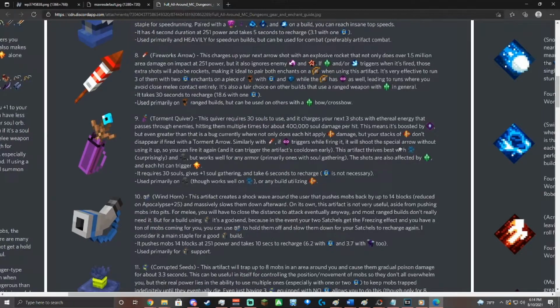And if you have multi-shot and chain reaction trigger when it's fired, those extra shots will also be rockets, making it ideal to pair both enchants on a harp crossbow when using this artifact. It's very effective to run 3 of them with 2 cooldown enchants on a piece of archer's armor if you have cooldown and chilling while your harp crossbow has